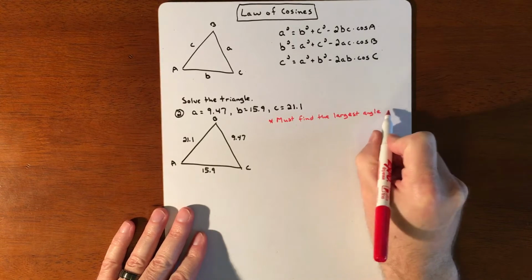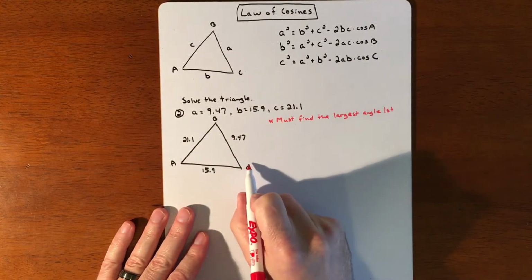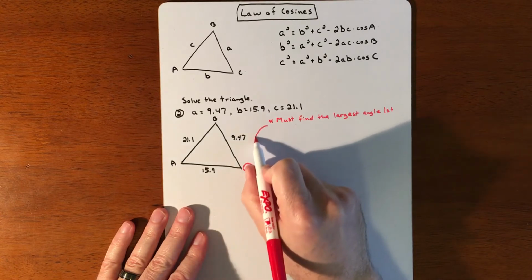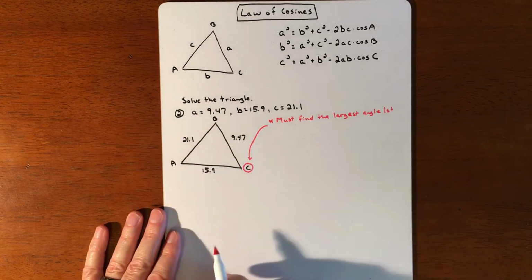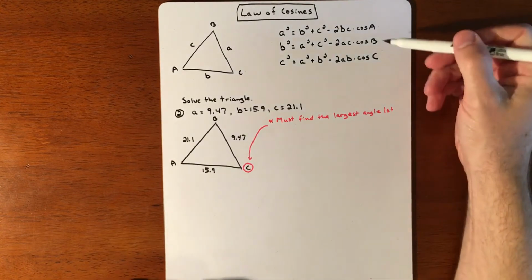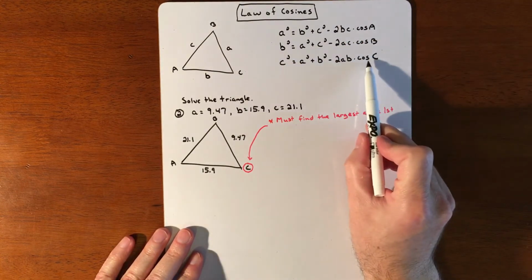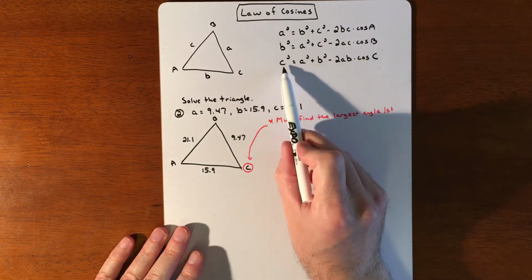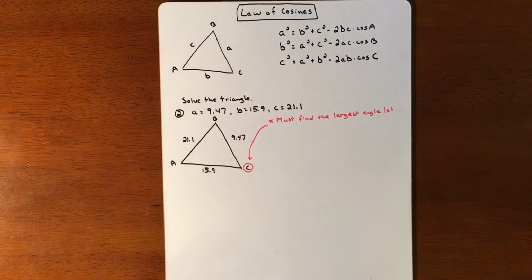So as long as you find the largest angle first, you can avoid all that, which is going to be C. So how do we know that? It's because the largest angle is going to be across from the largest side. So we're going to be trying to figure out what C is. So we're going to be using this version. So if we're finding angle C, that means we're going to start with side C. So it's going to be 21.1,